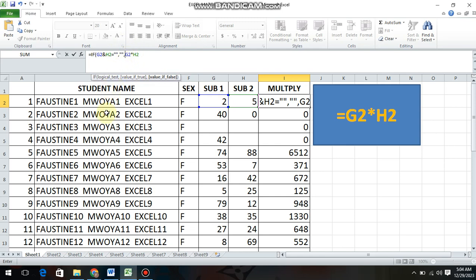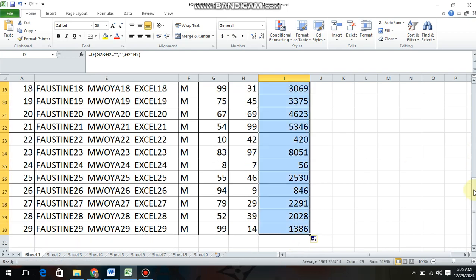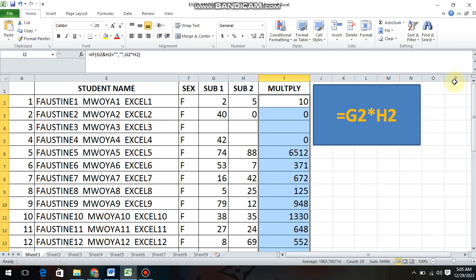After that, press enter, then drag. Yes, now this formula is working. As you can see here, in this cell and this cell there is no data, so also I have nothing in this cell. I have nothing, as you can see. Also, if I remove data in this cell, as you can see, yes,